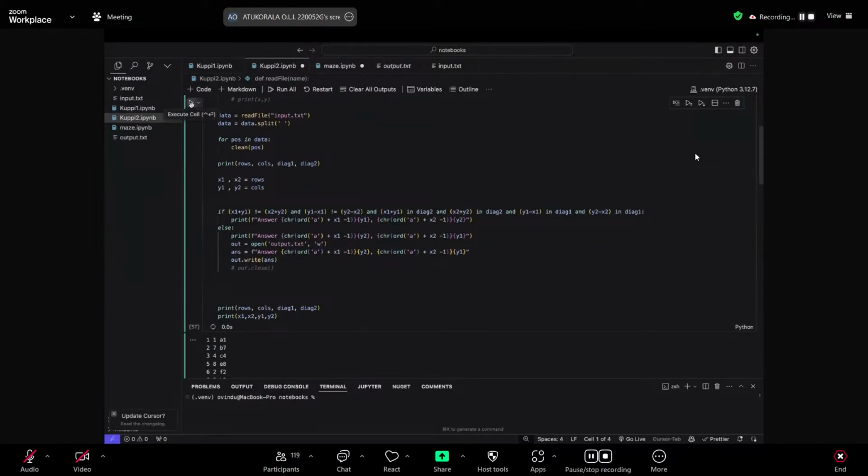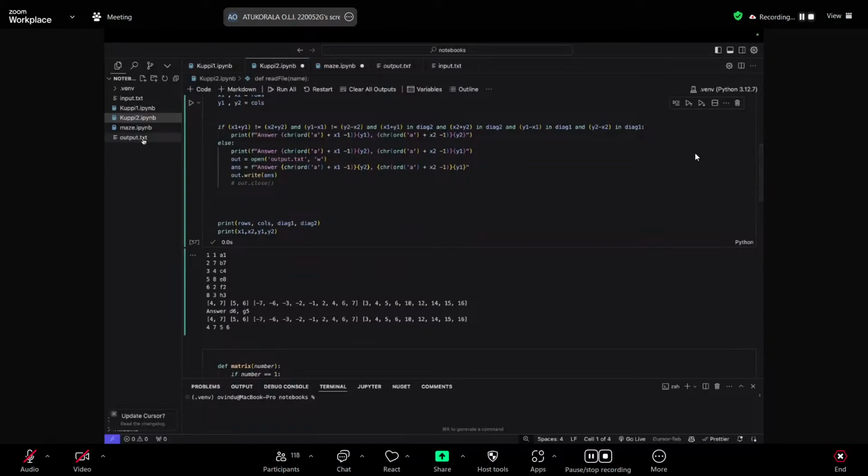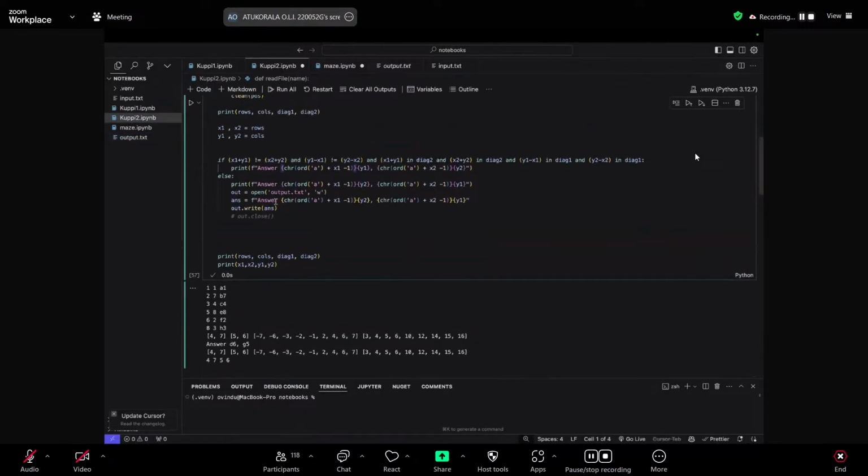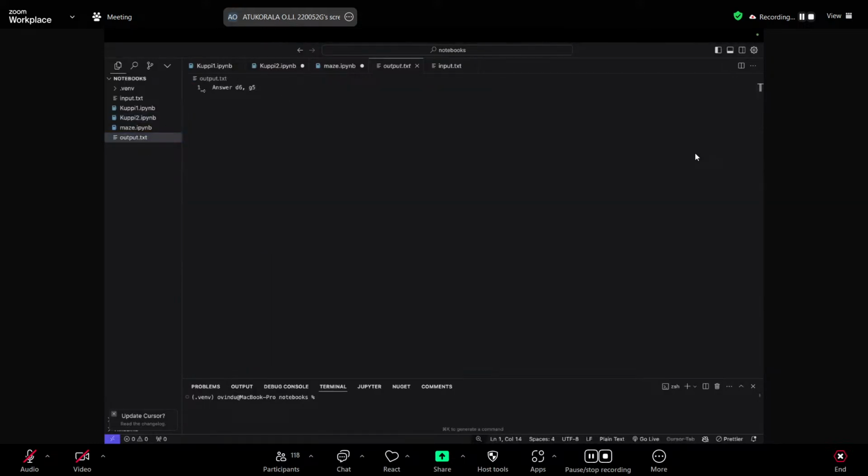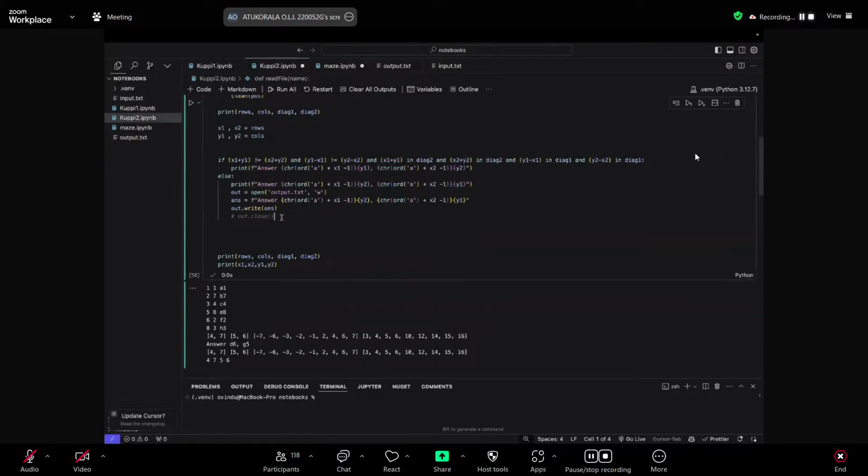So if we run this and we check the output text file, right? Now this works this time, right?